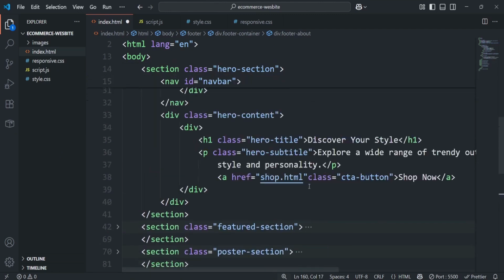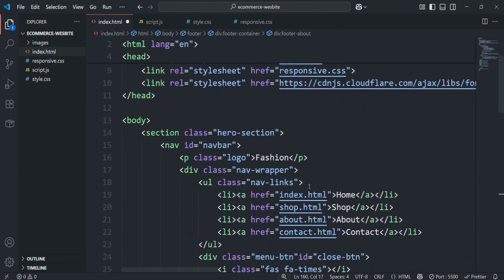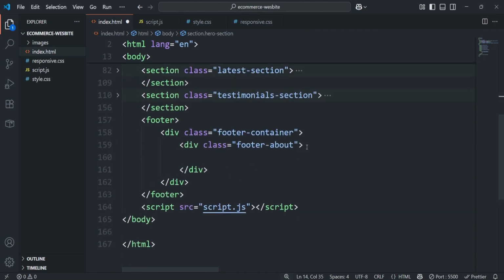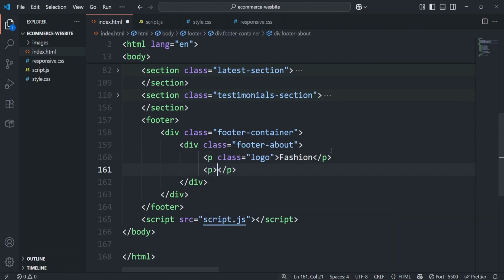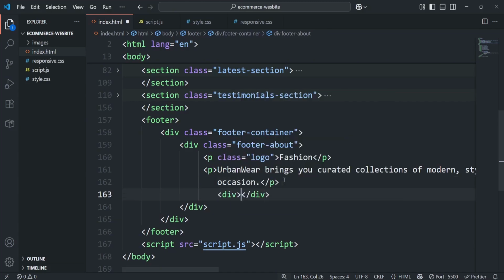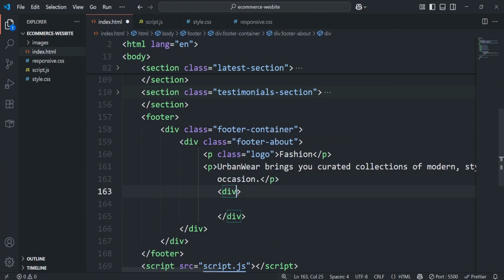Inside this footer about, first of all, we're going to have our logo here. So I'll just copy that p tag from our navbar. Just copy this, just wrap up this section. I'll paste that right here. After that, I'm going to create another paragraph tag that's going to have this paragraph in there. After this paragraph tag, I'll create a div. This div is going to have a class, a social